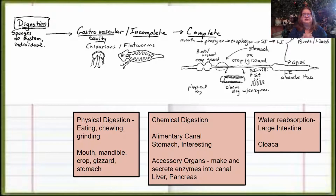Now, the chemical digestion is where you are going to see enzymes break down the food into smaller chemicals. So starches are broken down into sugars, proteins are broken down into amino acids. And at this point, you have